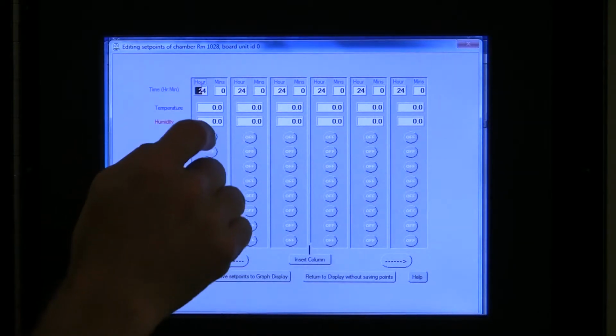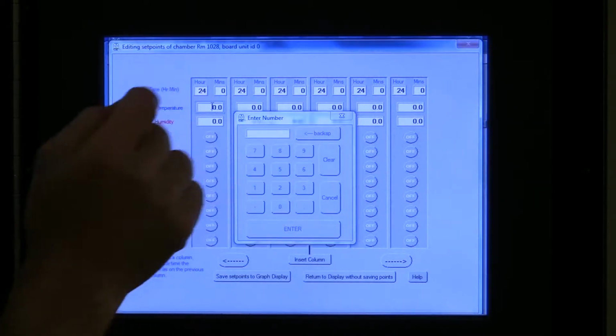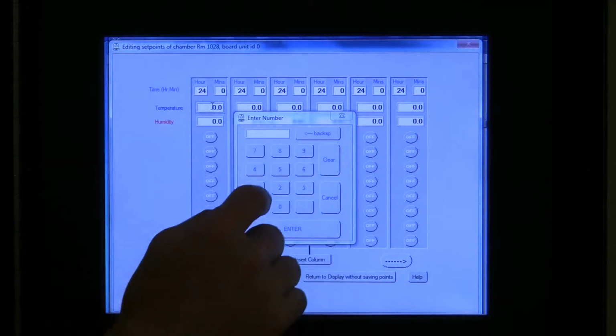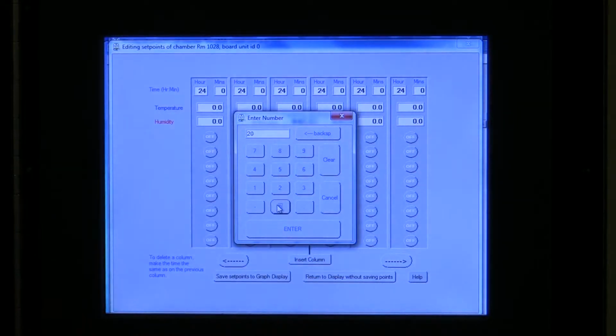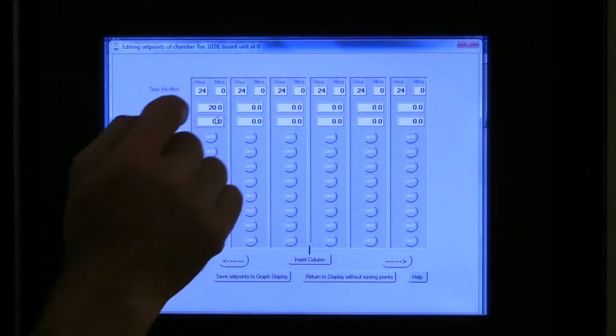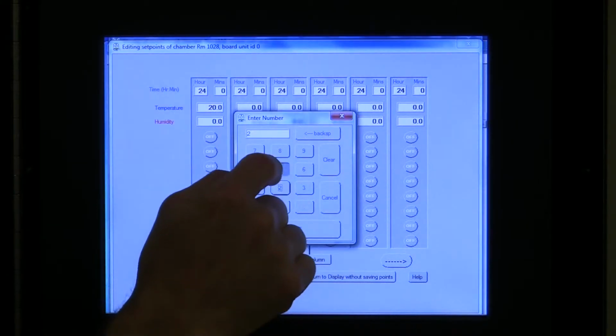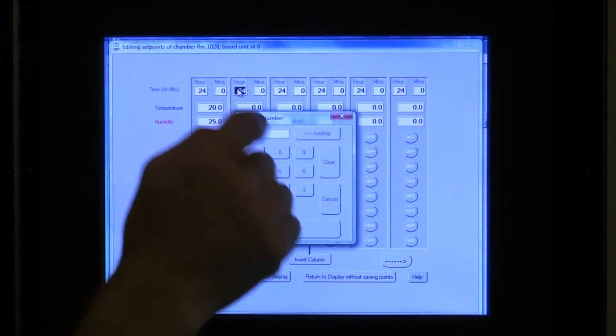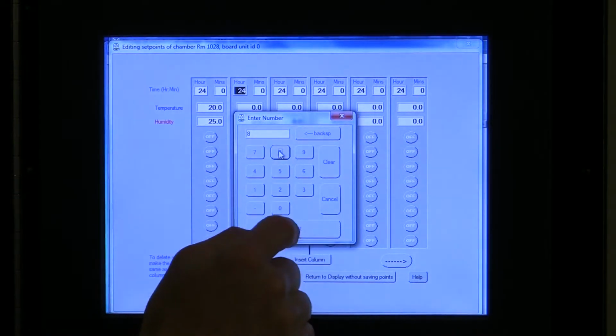By double clicking on the white areas, a pop-up box comes up and you can change the value that is in that box. So for the temperature, we're going to change our temperature set point to 20 degrees Celsius, and our humidity set point to 25% relative humidity. So that will begin at midnight, or at 2400 hours. And then if I come to the next one, maybe we do 8 in the morning,